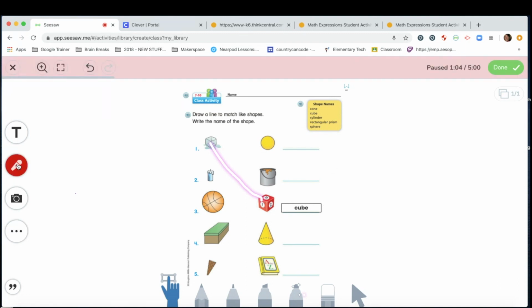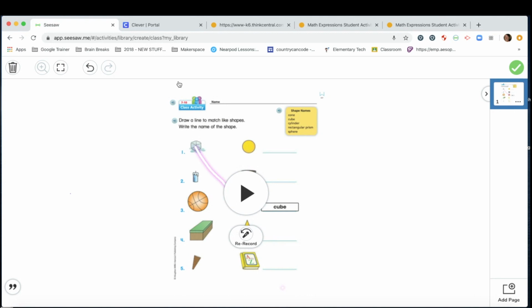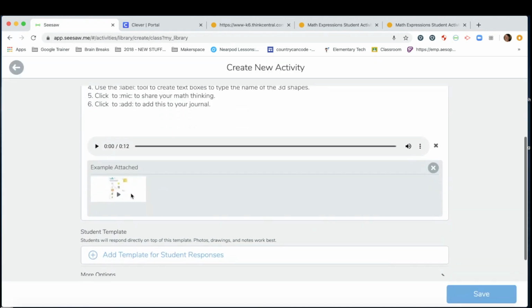When I'm done, as you can see, I paused by clicking this again. When you really like your lesson and you feel like you're finished, you're going to click done. You might want to do the whole thing with them. It's up to you. Click done. Now it's added to your lesson. So now you have your lesson in there. The next part is the template. So let's click the check mark one more time. So there is your